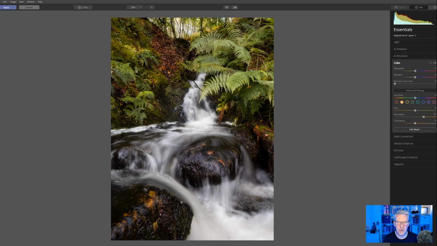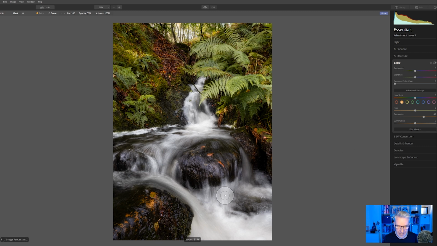Yep, that's quite nice there. I like the effect I've got with that. So for this one, edit mask, and this is just going to be a local edit. So I've applied the greens, the yellows and the oranges here, and I'm just going to paint in where I want them. And again, the brush is set at 50, so it allows me to just work this in quite gently. Over here, I'll take the brush down,